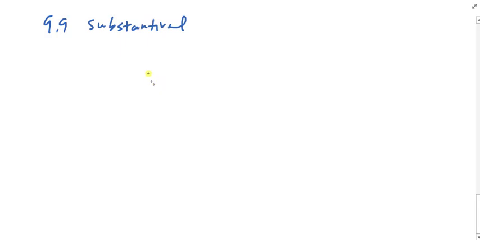So what's going to determine the case of a substantival adjective? What will determine its case? Its function, exactly. Case is determined by the function in the sentence. So if the substantival adjective is the subject, it'll be what case? Nominative, that's right. And if the substantival adjective is the direct object, it'll be accusative, okay?